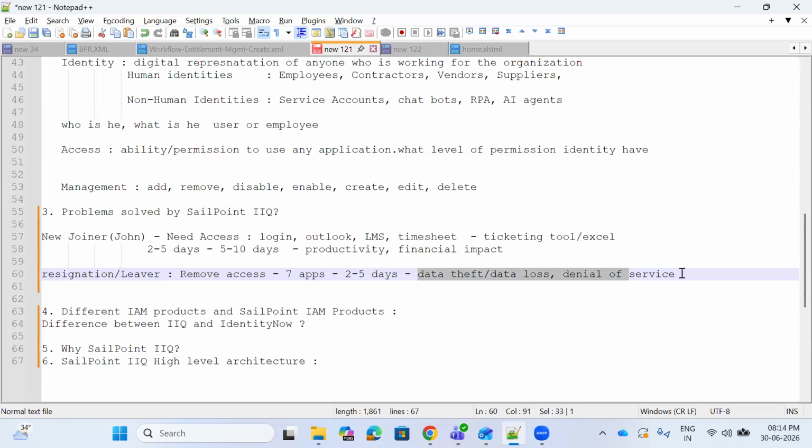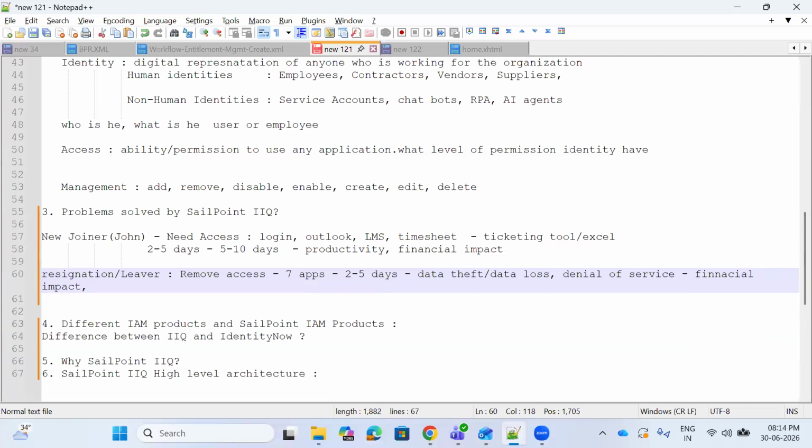Okay. So in these cases, if any of these actions happens, the impact could be like financial impact will be there. For example, if there are any designs or if there are any leads, he can steal the data and he can sell it to someone else. So financial impact will be there, and reputation damage will also be there. We all hear, right? So if any data leak happens, then if news comes out, then the organization's reputation will be impacted. So in 2024, sometimes, there was a data breach with IBM, and its reputation got damaged